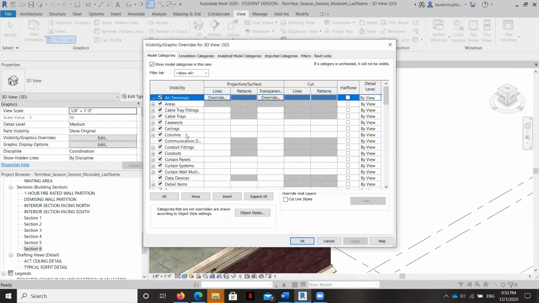A rookie mistake. Okay, so see what happened there. That was really cool. So ceilings were turned off in the building shell model, but it affected all of the ceilings, even in the LinkedIn model.